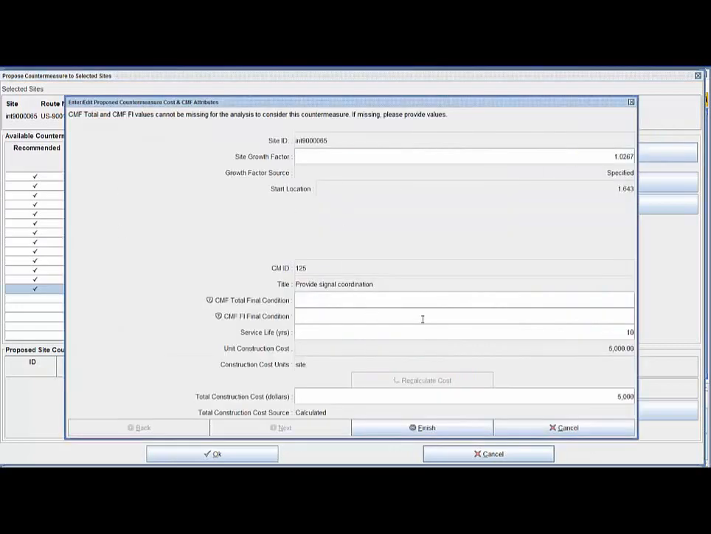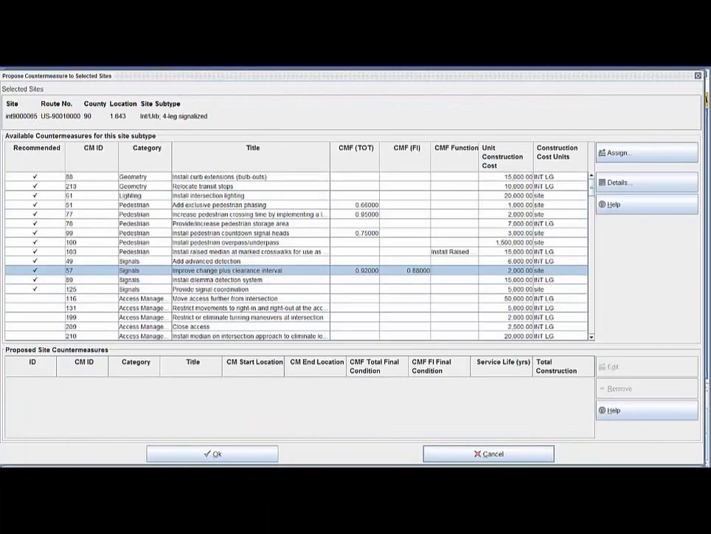We could click on, say, a specific countermeasure and then click on assign. That means we are assigning that specific countermeasure to this location. Okay. Let us choose one countermeasure, that is improve change plus clearance interval, and since it has a CMF for both total and fatal injury crashes,